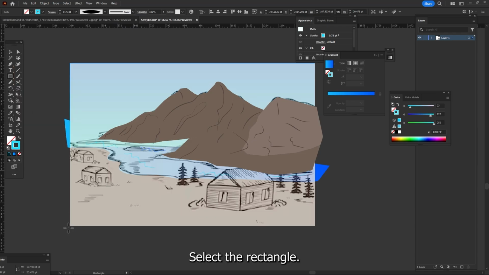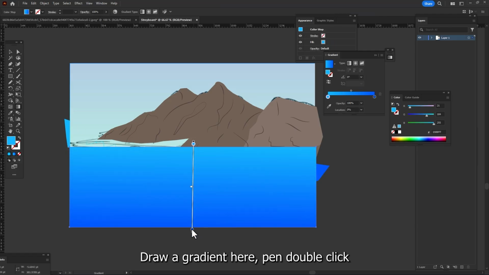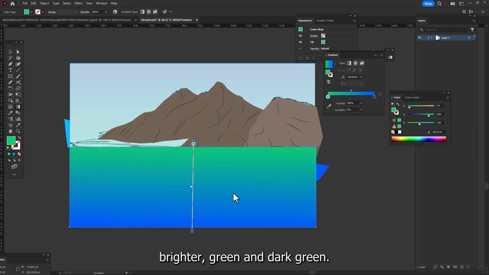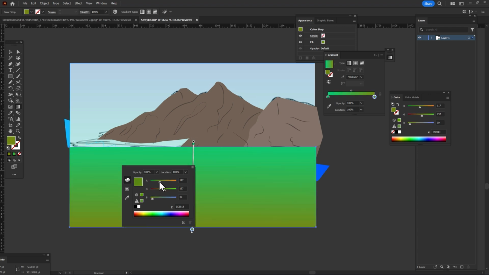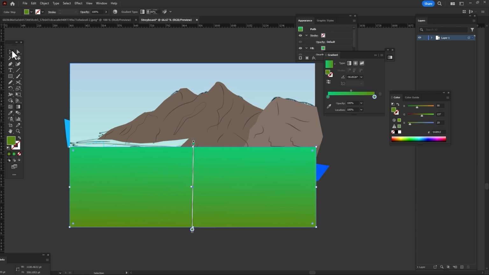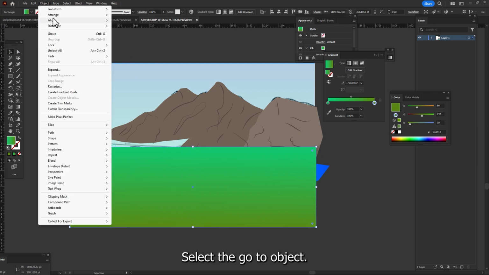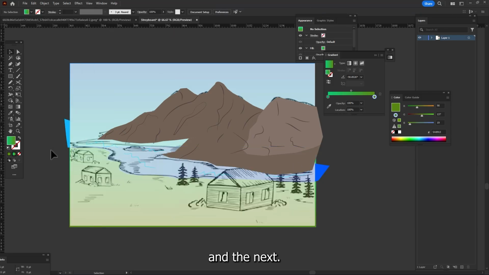Select the rectangle, draw a landscape here, and turn off. Select the gradient, draw a gradient here, and double click. Brighter green and dark green. Select, go to Object, Arrange, Send to Back. And the next,